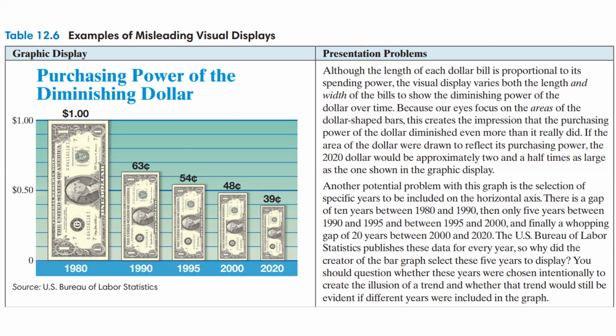The first one is looking at the purchasing power of the diminishing dollar. Okay, so they do give us a source, and it's 50 cents, a dollar, and the scale looks reasonable, but now all of a sudden the widths are kind of weird. Although the length of each dollar bill is proportional to its spending power, the visual display varies both the length and the width. If we'd kept the width the same, it wouldn't be a problem, but they're changing both. Now, because our eyes focus on the areas of the dollar-shaped bars, we're not just looking at